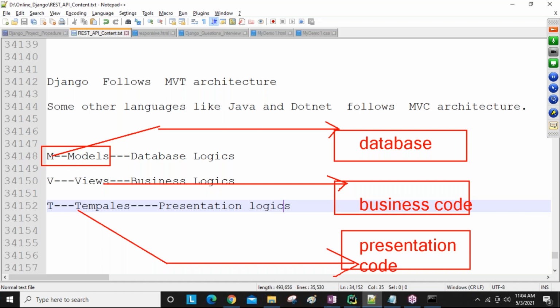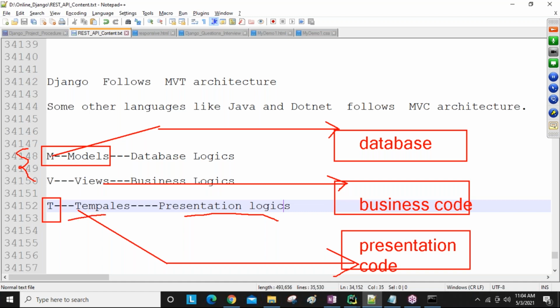Models and views are Python files, models.py and views.py. But templates is a folder. In this folder we maintain all our presentation-related HTML files. Presentation is nothing but HTML, guys: login HTML, logout HTML, home HTML, contact HTML, like that.